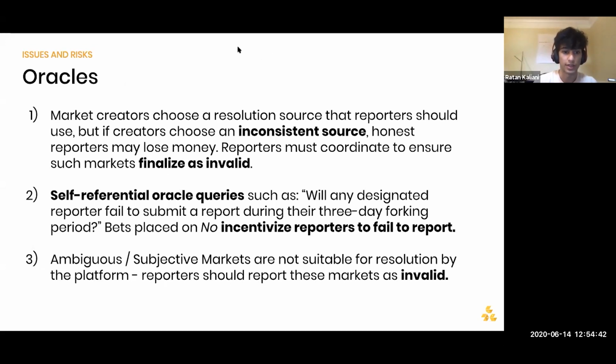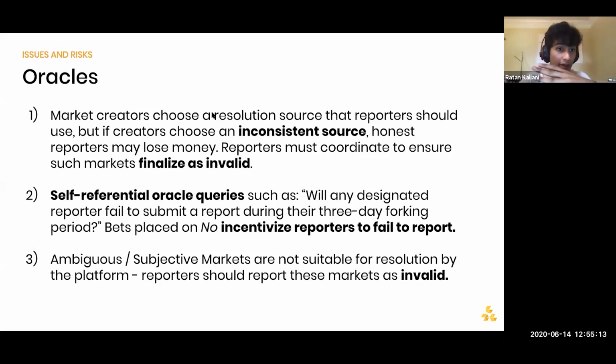So lastly, we'll be touching on the oracles on the platform. And what we see is that market creators are really incentivized to choose a source that's consistent, that's clear, that holds a completely clear outcome. Because if this is the case, then reporters are able to report on the clear outcome. But should there be an inconsistent source, honest reporters need to coordinate to ensure that the market's resolved